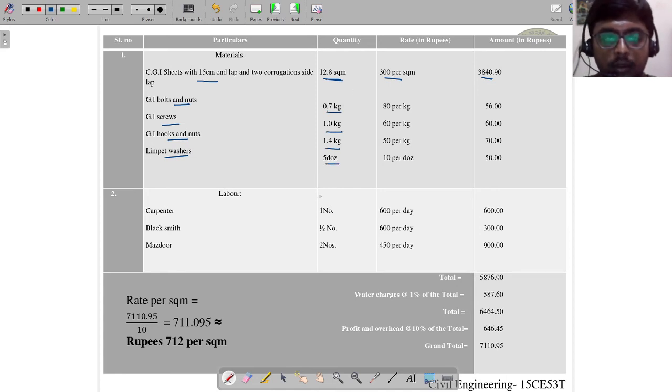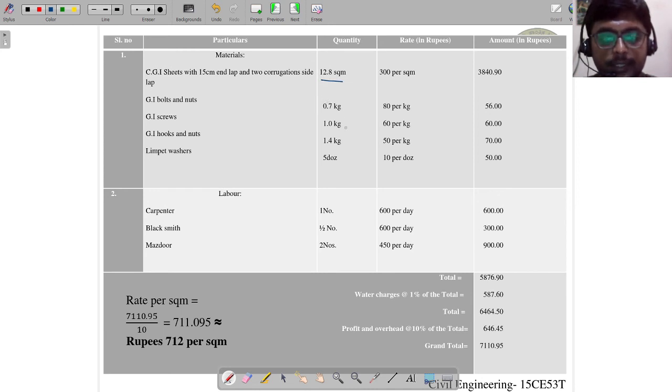So and also next we can see the labor required for this work. We need one carpenter and half number of blacksmith and 2 number of helpers. As you know from earlier discussion, half number is because we need the barbender only for half a day. So we are taking it as half a number. And one important thing is we have to remember certain things here, like the quantity of labor required or the quantity of bolts and nuts, screws, hooks and nuts required to carry out 12.8 square meter of work